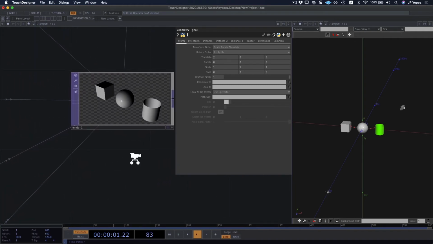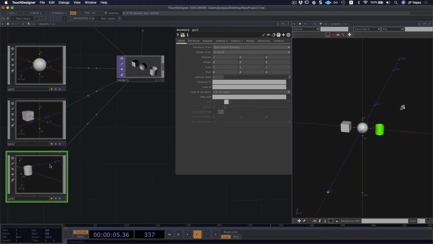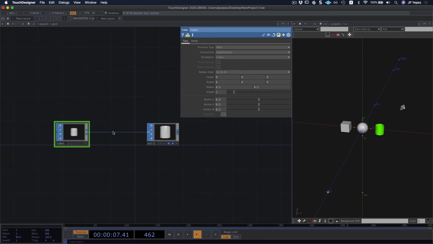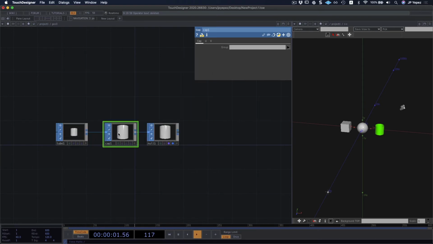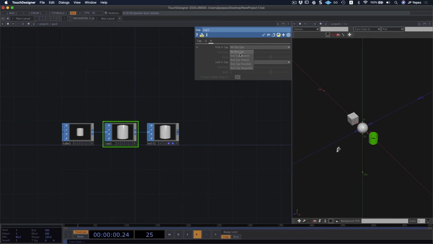And well, now I have a hollow tube. If you've been playing around with the SOPs, I would recommend perhaps investigating the cap SOP. And let's take a look at what this does. Whenever we add the cap, it's gonna close the end caps for my object.